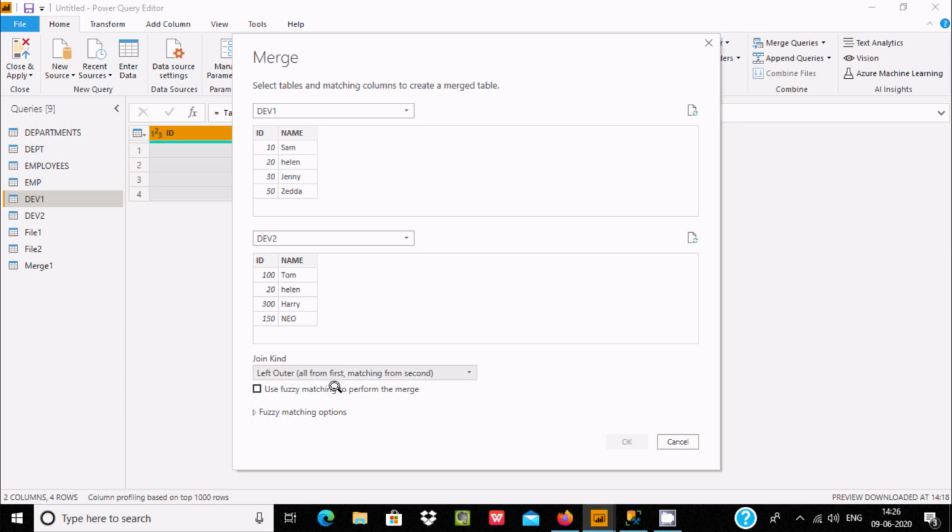So let's select left outer. By using left outer, it returns the left table's records and only the matching ones from the right. So select this option and click OK.